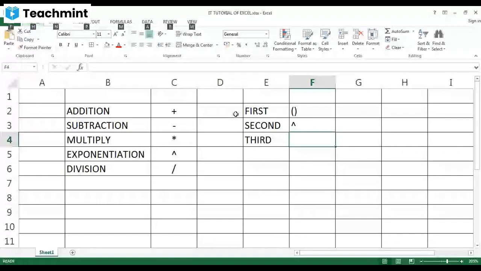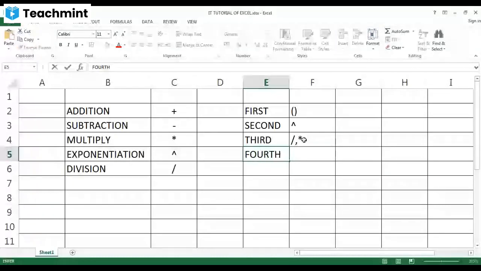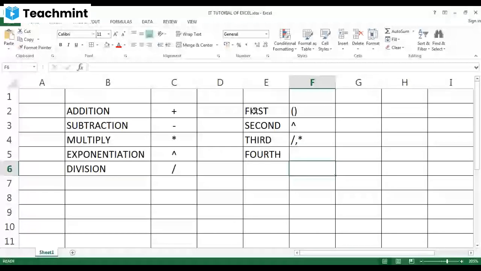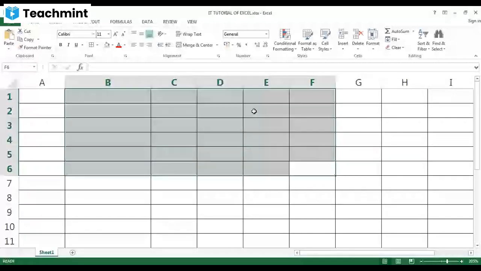Then third, division and also asterisk. Then fourth, plus, then minus. Okay, is it clear? So you have to remember all these. This is the basic thing when you are applying any kind of formula in your Excel sheet.